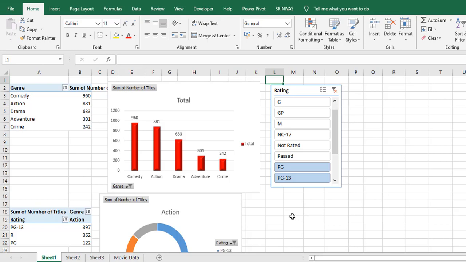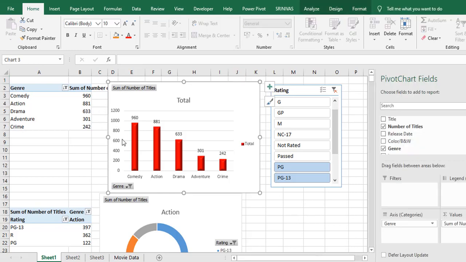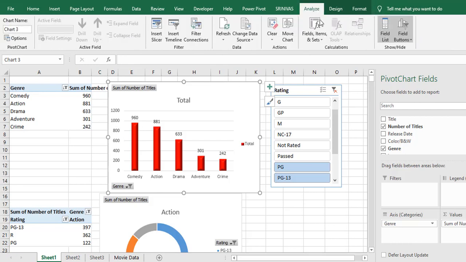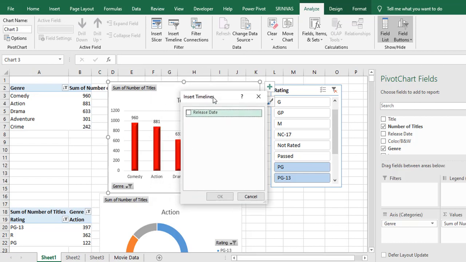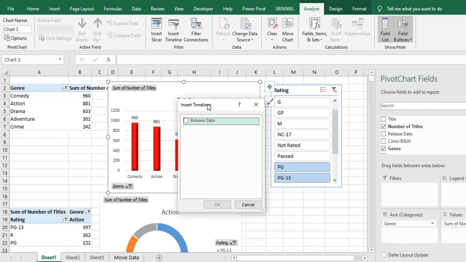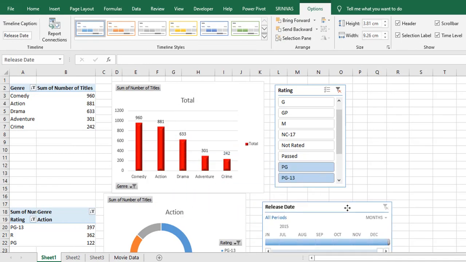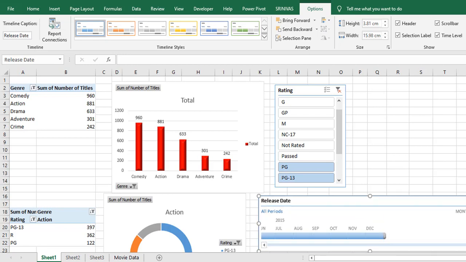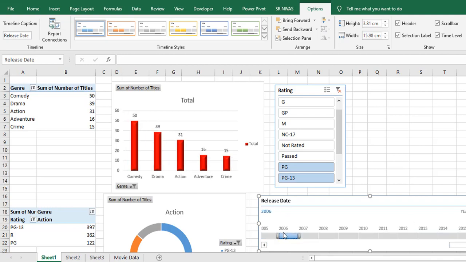Now we'll do the same thing for a timeline also. Select the column chart, go to Analyze, and go to Insert Timeline. See, we got only one column, that is Release Date. We already discussed that a timeline is for date and time only, and a slicer is for the data. Select Release Date. Okay, look here. Just take more width, and by default it was for that one chart only. For example, you can select years or months, whatever you want to see. Select 2016. Only that column chart is updating.